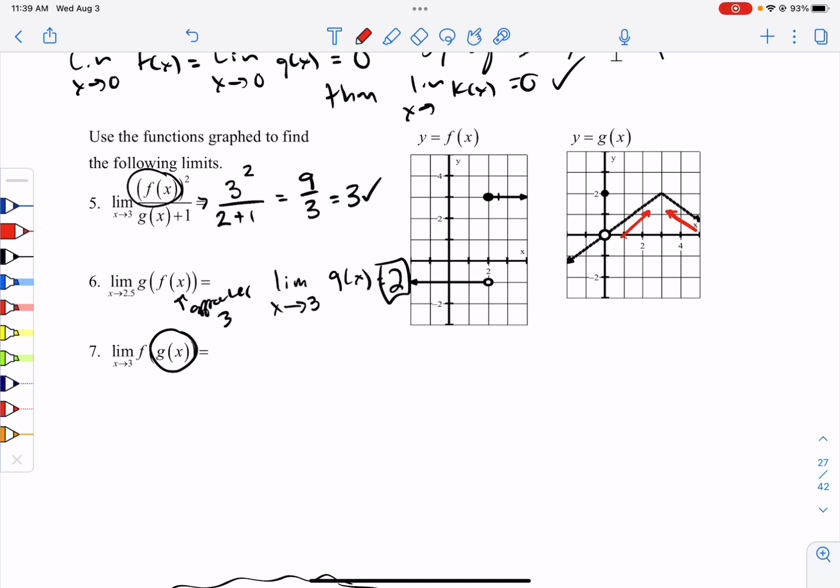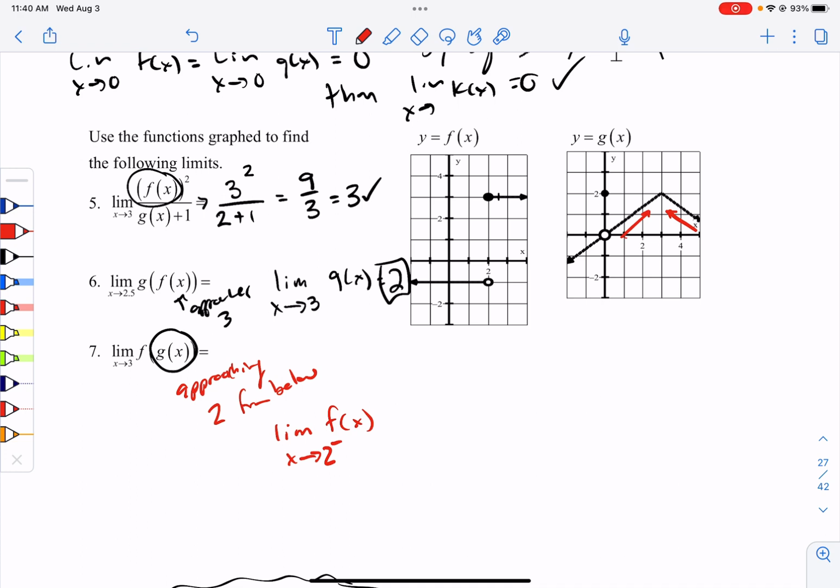So when I rewrite this one, this is just for me, I'm approaching 2 from below. In the last one, we were approaching 3 straight across, not from above, not from below. We were going straight into 3. This time I'm approaching 2 from below 2. And that means that when I take my limit for f of x, I need to approach 2 from below. I can't just take the limit as x approaches 2. I have to approach 2 from below,